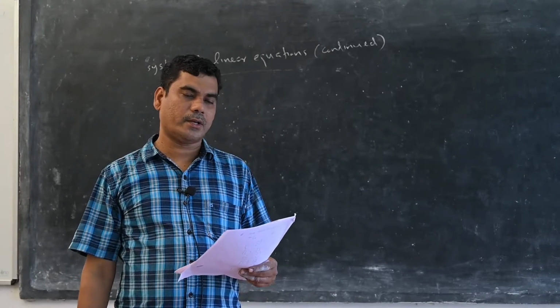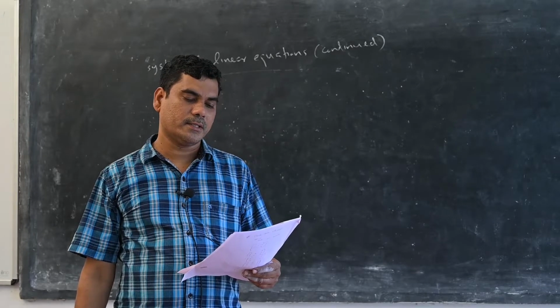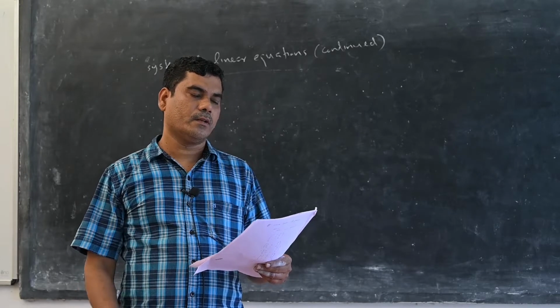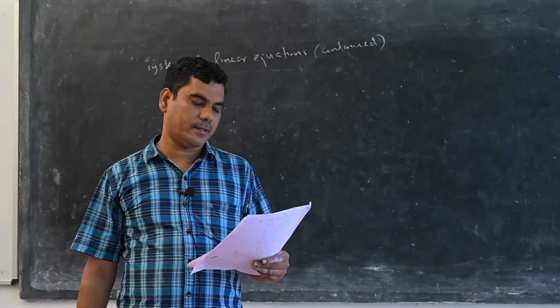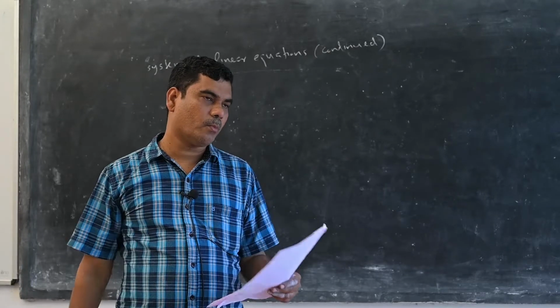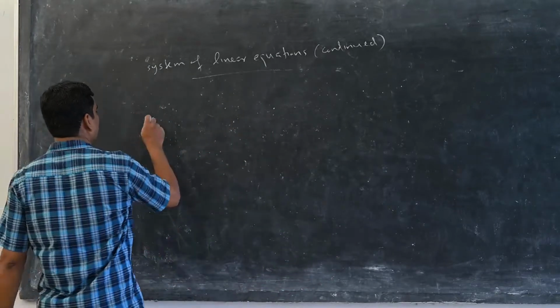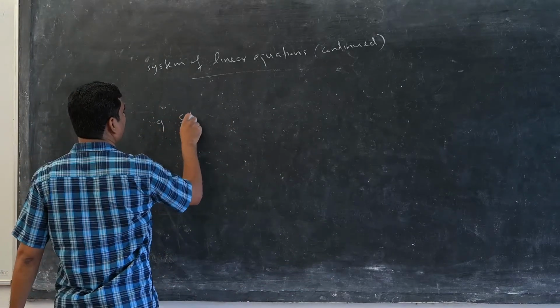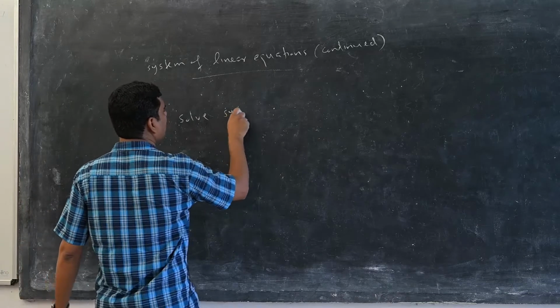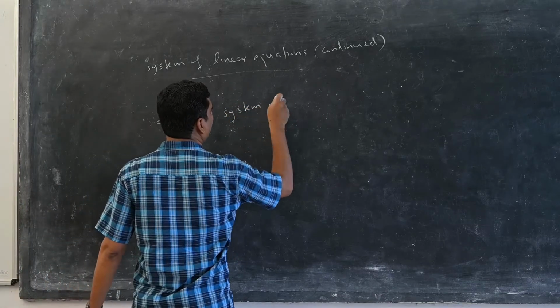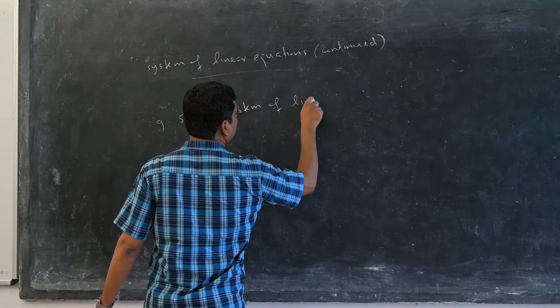a non-homogeneous system of linear equations. Here we do more examples. Example: solve the system of linear equations